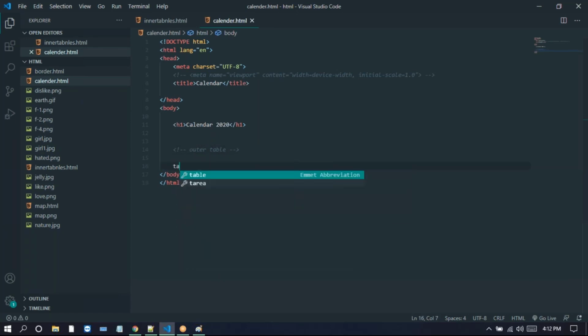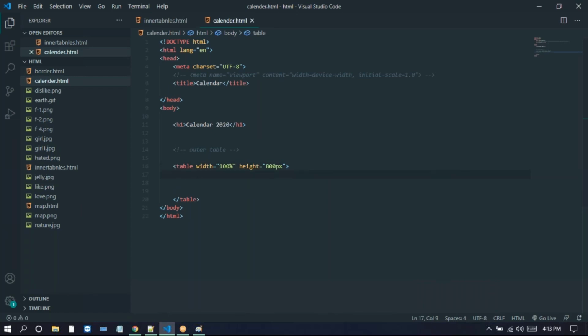Now we can run this on the browser. Before running this, we take the TR here and the TD here. Now we can run this on the browser. Look at this one. It's not coming, right? Here, I don't want to mention the pixels, just remove this one. I forgot to give the border here. We just take the border equal to 1. Now we can run this on the browser.